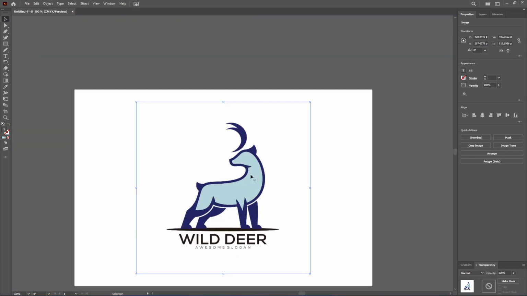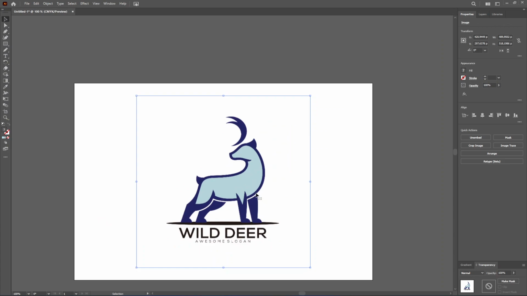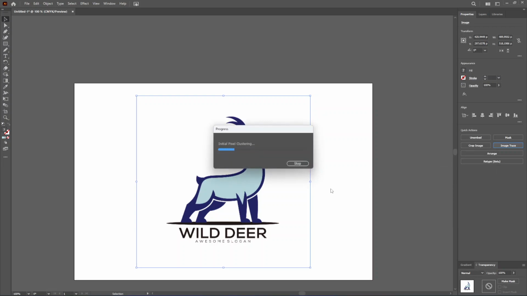So we want to turn this into a vector, and luckily when it's a flat design logo like this, it's very fast to do. We just make sure our image is selected, and then we go to image trace here on the right, and the mode I want to use is either free colors if we want to keep this color scheme of the logo